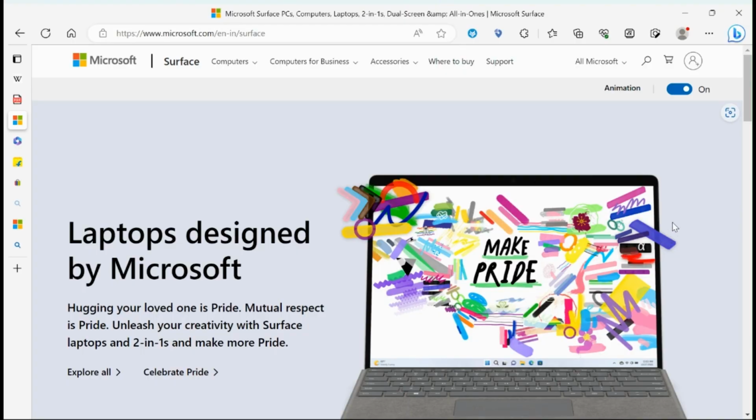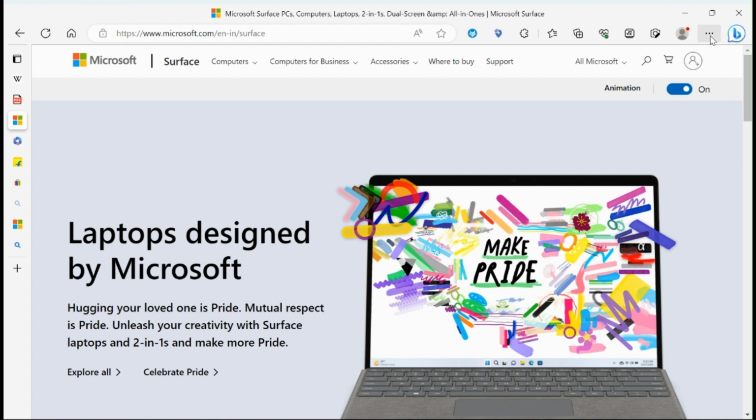Seventh is Pin web page in Taskbar. With the help of this option, you can pin a web page in your taskbar. For example, I have to open this web page every hour. So, I will pin this web page in my taskbar. Next time, I will be able to open this web page directly from Taskbar. For this,